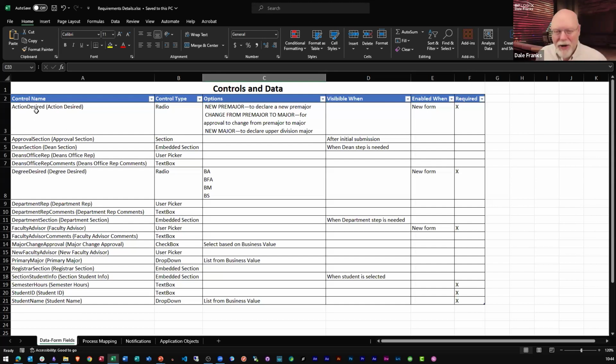If you have a field that's called action desired, simply name it action desired and give it a friendly name here. And that way everybody knows what that field is and has an idea about what it's going to do. Obviously, we need to know the control type that it is. In this case, that field happens to be a radio button. Okay, great. It's a radio button. That means it has options. What are those options? Are they fixed in stone as they are here? Or say here for the degree desired? Or am I pulling them from some database somewhere, like with the